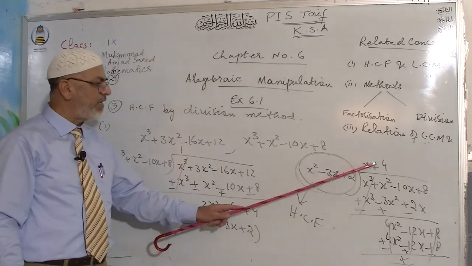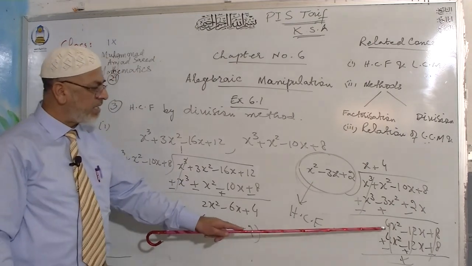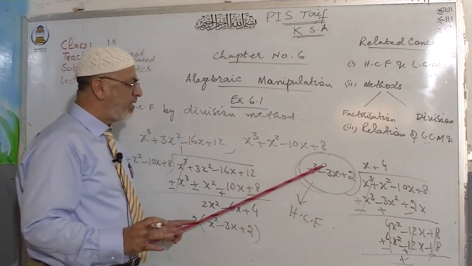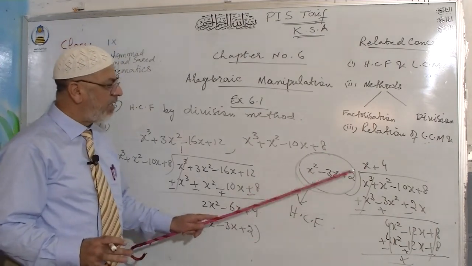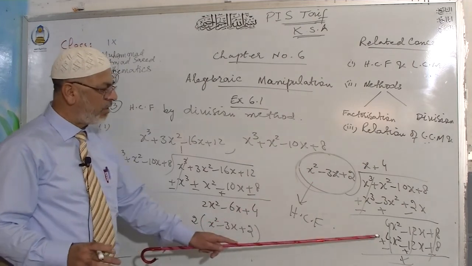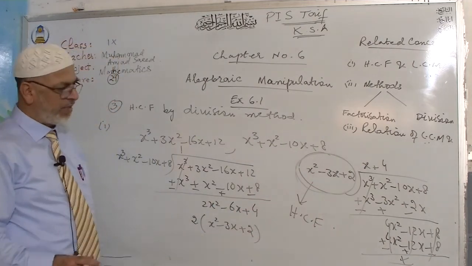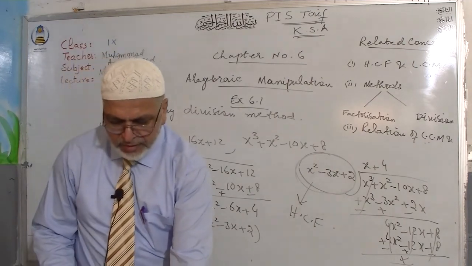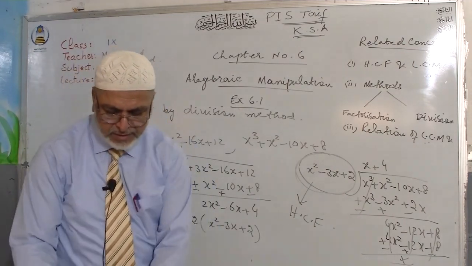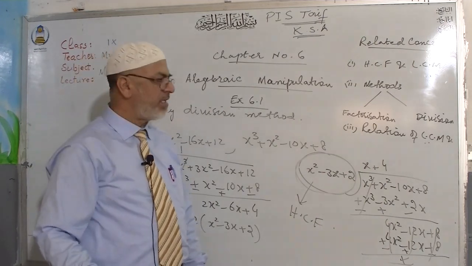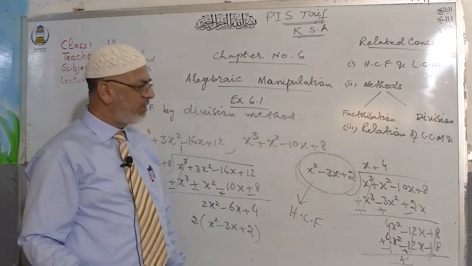And here you can divide by x. Here still it was greater than that. There are 2 methods. You can take 4 common and then divide by that number, or because it is bigger than that one, once more you can divide by 4 and then simplify. The last divisor is your HCF. I hope that you understood this question, and inshallah you can do the other parts which I left for you as homework. You can complete it.